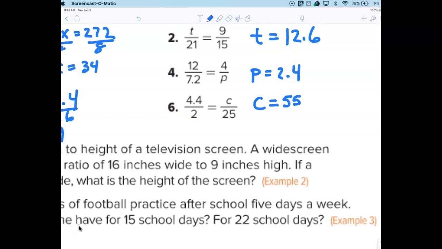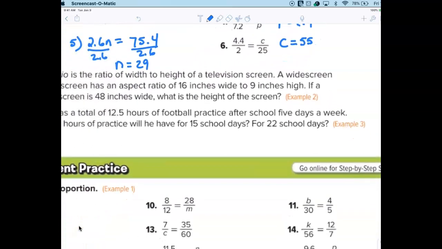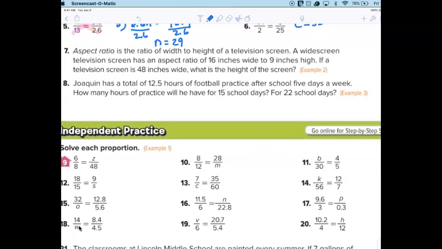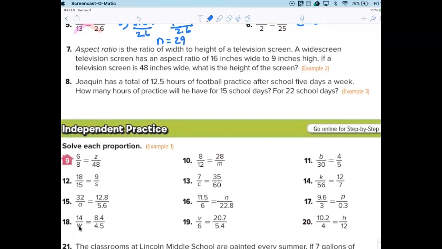Now, someone said something just a minute ago. When are we going to use this in the real world? Honestly, proportions is one of the most important things. It's used a lot in business, in the real world, all different types of applications. And so now they're going to give you a little bit of the real world. Now, on 7 and 8, you have to set up the proportion,